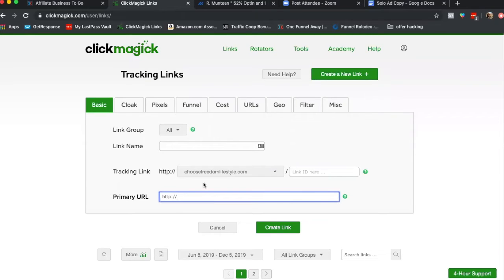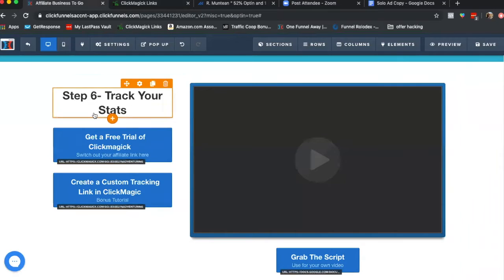It's good for if you're posting the full link in an email or a Facebook ad or Facebook post. It's nice to see the whole URL written out. So again, that is this other tutorial video. Here we'll go over how to set up your pretty custom tracking links. But for now,